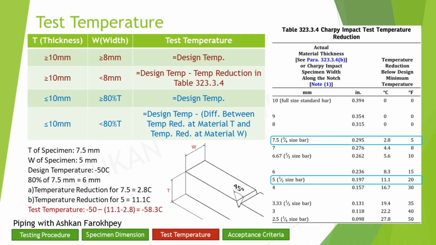Let's solve an example. Assume that the thickness of our sample is 7.5 mm and its width is equal to 5 mm. 80% of 7.5 mm is equal to 6, and the width of the sample is below 6 mm. So find the temperature reduction for 7.5 mm, then find the temperature reduction for 5 mm, calculate the difference between these two numbers, and the final test temperature would be the minimum design temperature minus the